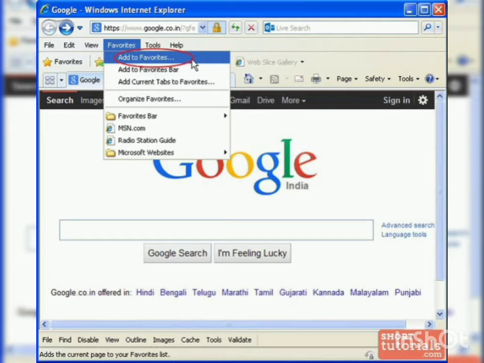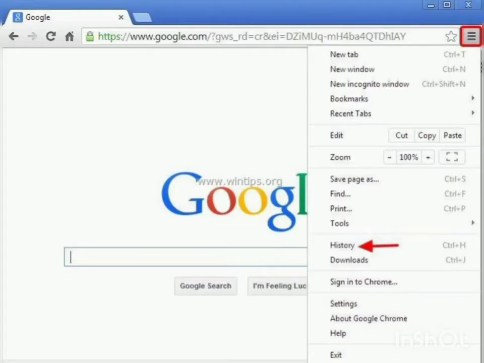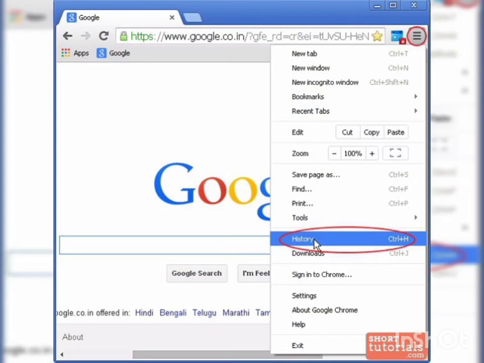Now we will talk about the history option. When anybody accesses different websites from the web browser, the detailed list of websites visited will be saved in the computer memory. This list of websites visited is called history. The websites stored in the history can be viewed by date, time of the day, titles, addresses, etc. You can see the different visited websites from the history menu.